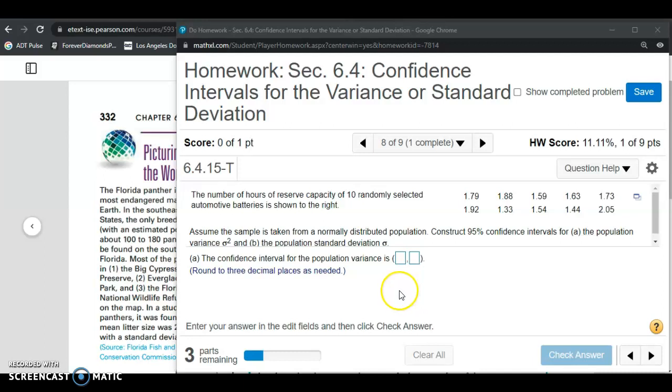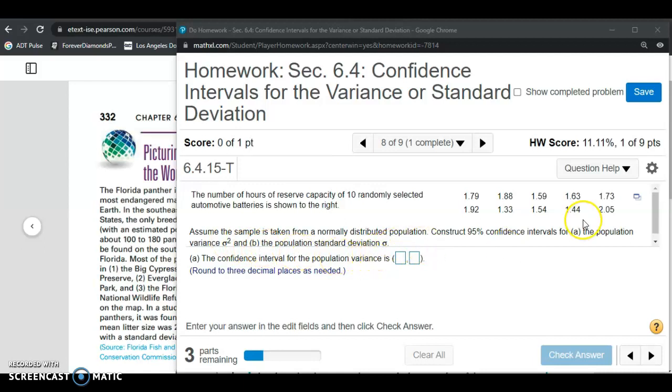Let's go ahead and do a couple more examples from section 6.4. So this is problem 8 in the homework. It says the number of hours of reserve capacity of 10 randomly selected automotive batteries is shown to the right. Assume the sample is taken from a normally distributed population. We want to construct a 95% confidence interval for the population variance sigma squared, and then the population standard deviation